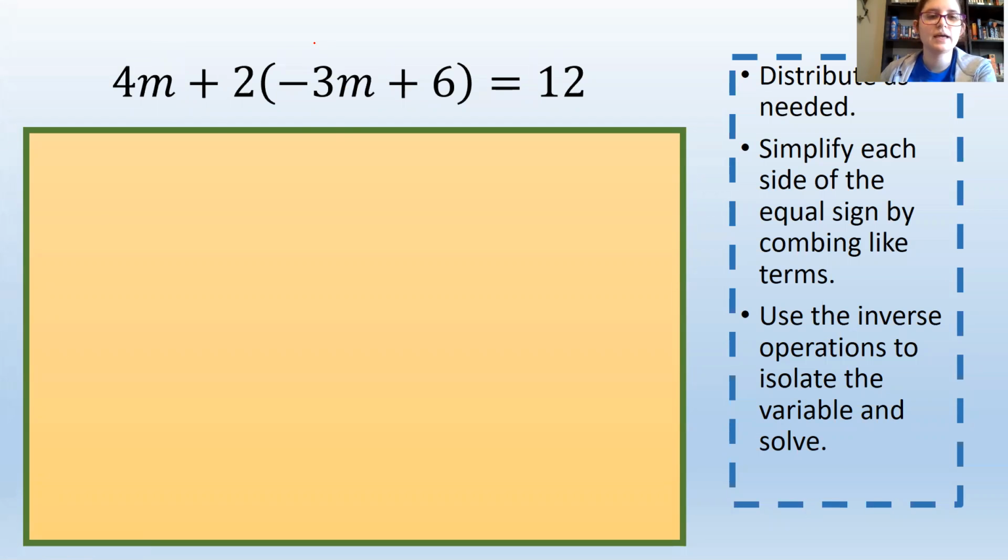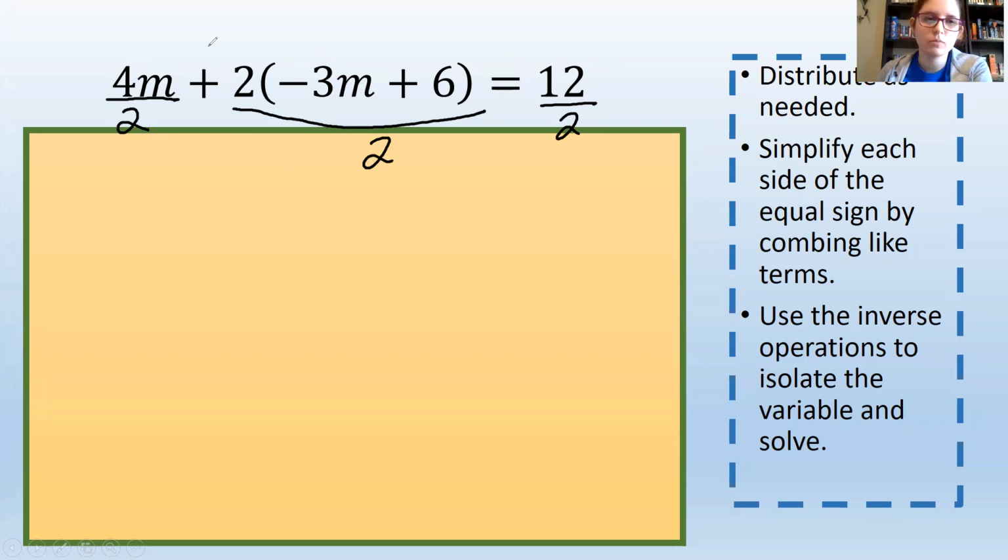So this one does have the distributive property. Now I just want you to watch and see what happens if I were to undo the distributive property first. So that is being multiplied, so we're going to divide by 2, but we have to divide every term by 2. So not only are we dividing the left-hand side of the equals, the left-hand side has 2 terms. These are separated, so they both have to be divided by 2. And that's really some